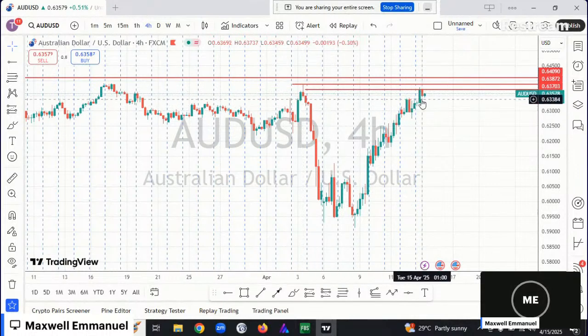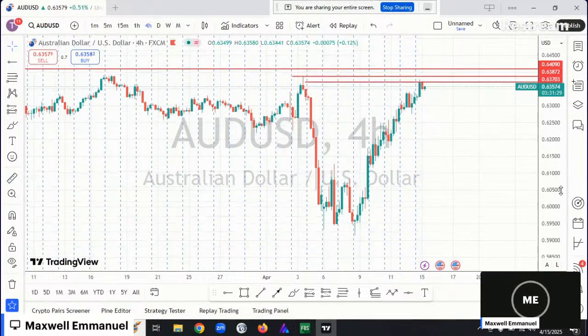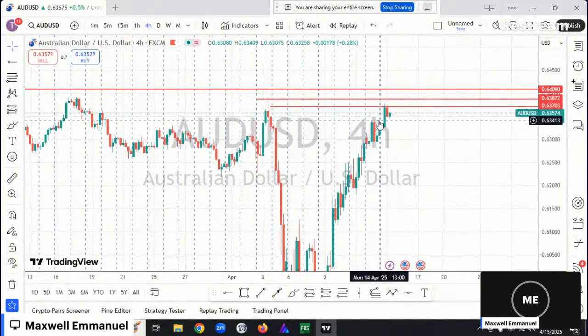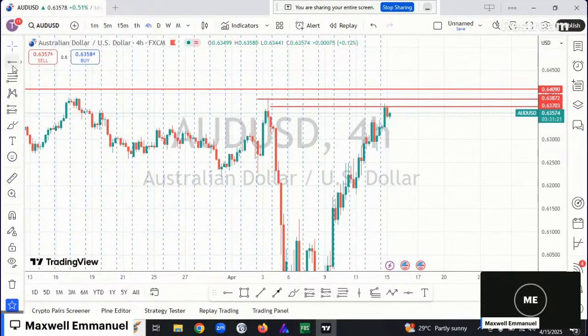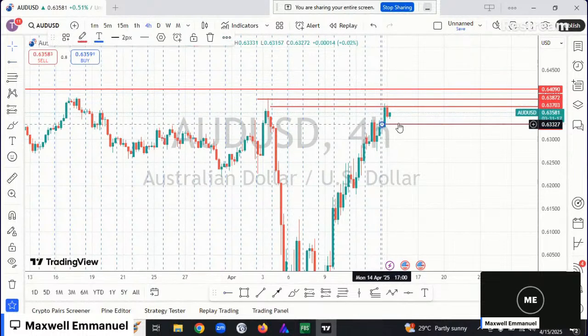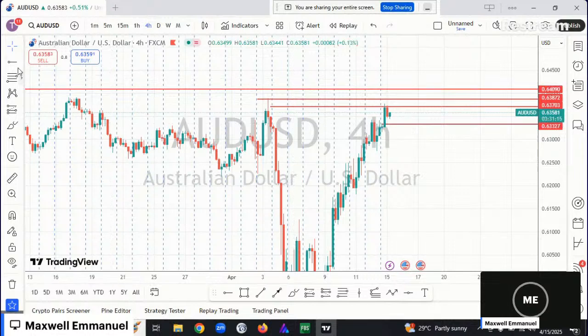You can see it's created a fair value gap here on 4 hour. Can you see this gap it created after breaking out from this resistance? I would love to see price pull back to test this level. I'd love to see it pull back to retest this fair value gap